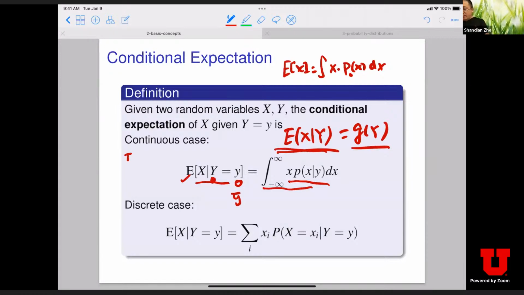And there's a famous conclusion that if you further take the expectation over the conditional expectation, it gives you the expectation of X, not conditional on any other random variables. I guess in your homework 0, I'm showing this. Just to remind you. And the discrete case you can view the same, except that you replace the integral by the summation.